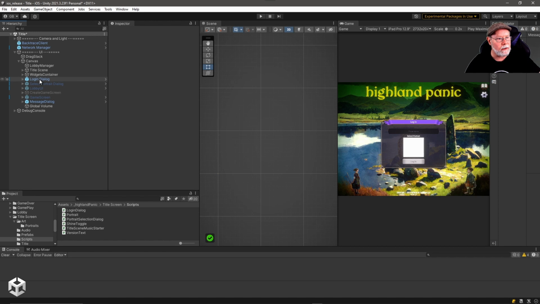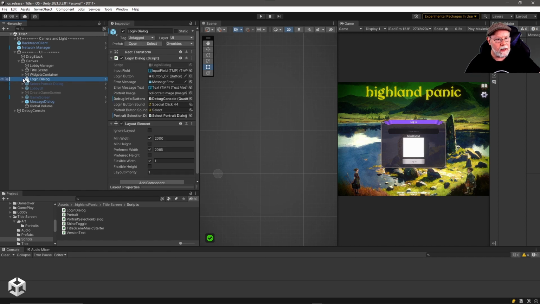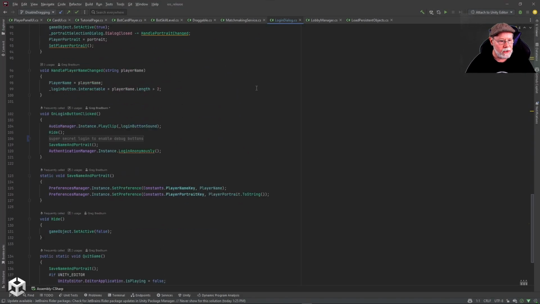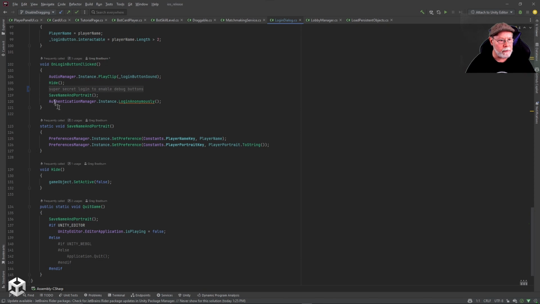So the login dialog I'll just cover briefly. It's got the buttons for starting the game. It's got a button to open up the portrait selection dialog. And we'll go look at the code there real quick. And we'll scroll down to this on login button clicked. So basically, this is a method that's going to kick off logging in to the game and logging into Unity. I put this in a region here so you wouldn't see the super secret login